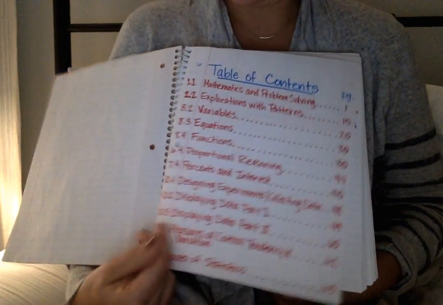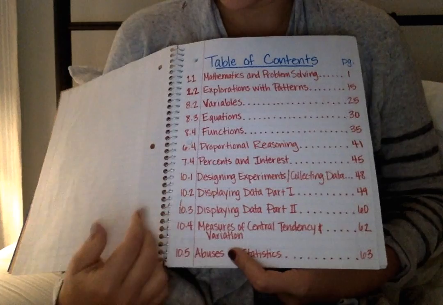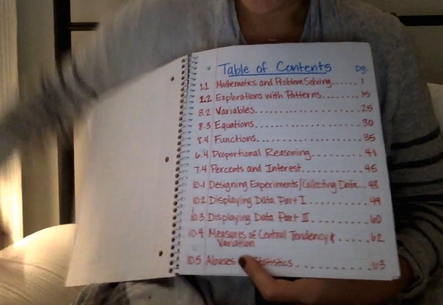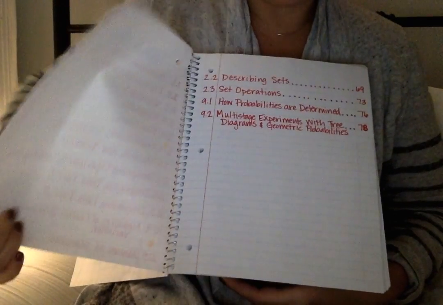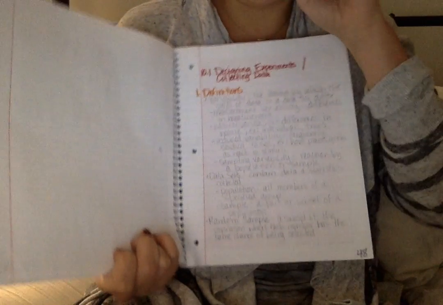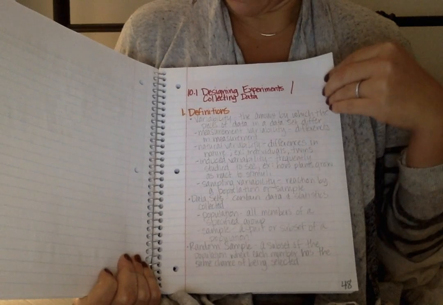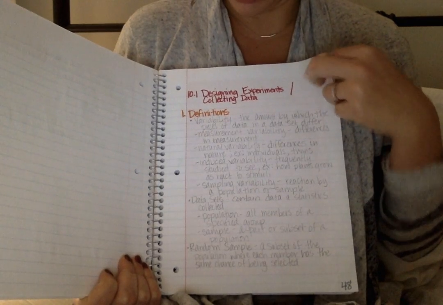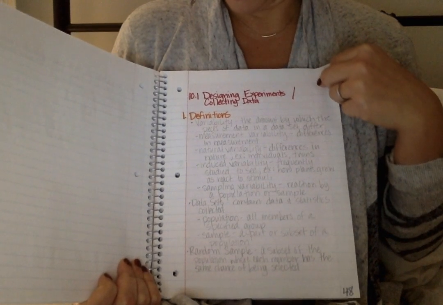Table of contents. The second half we started at 10:1 and went all the way to 9:2. And then of course that was the first half. I'm going to go ahead and go to page 48 for the second half, starting with 10:1, designing experiments and